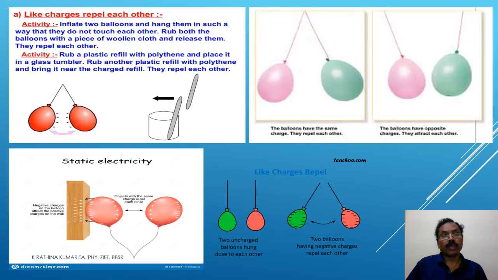This is one activity. Like charges repel each other, just as explained in the previous case, in the case of these two balloons and in the case of the two straws, as you might have seen here. This slide's picture tells about the attraction and repulsion in the case of the balloon and the straw. Just watch the diagram. Static electricity, when it sticks to the wall, what will happen? Since they are opposite charges, it attracts.